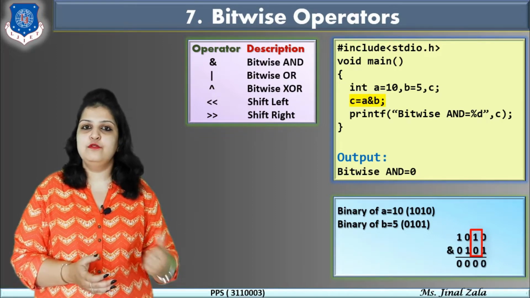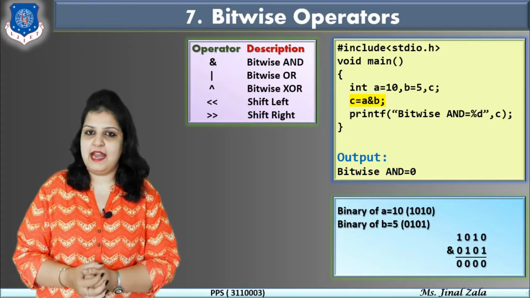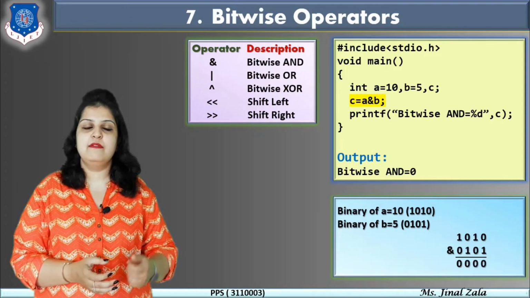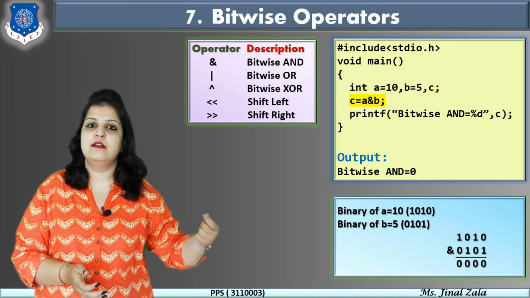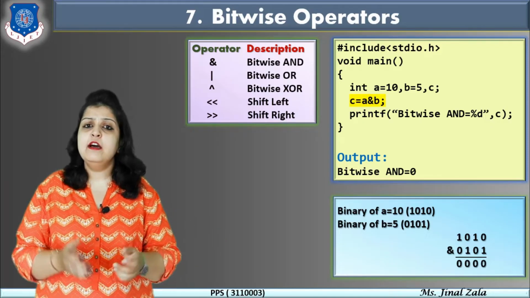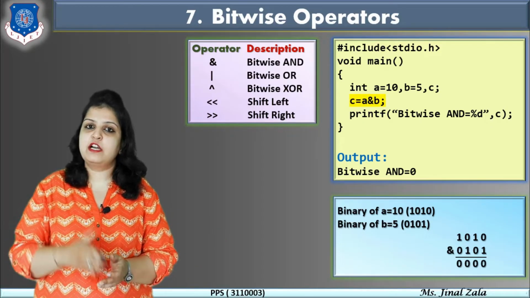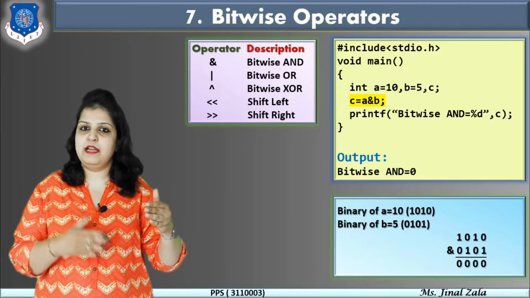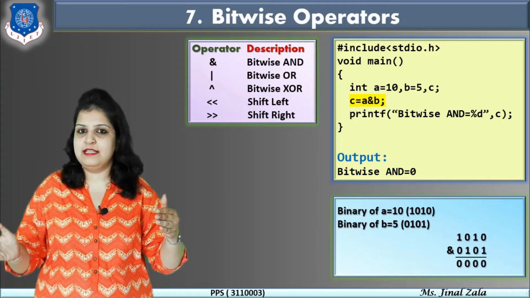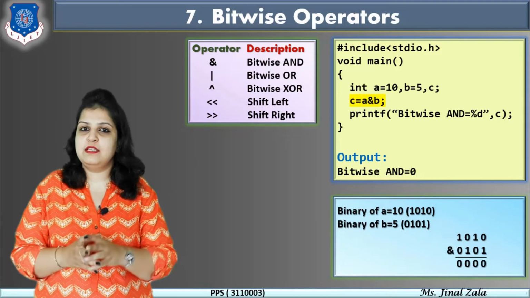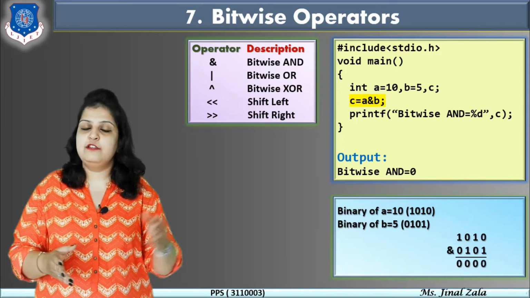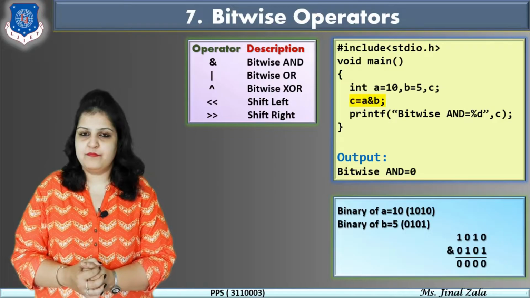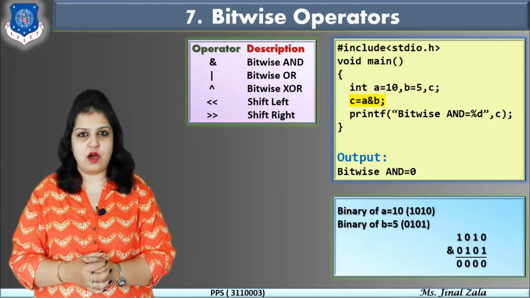If we use the OR operation instead of AND, then in this case we will get the answer 1111, and finally this binary will be converted into decimal. So our input is in decimal form and our output is also in decimal form. But when this process occurs, it is converted into binary form. So in this way it will work.